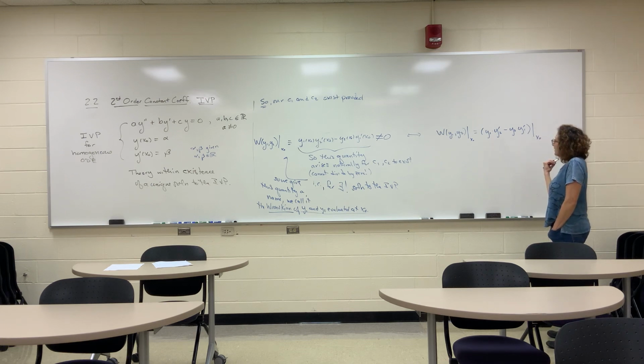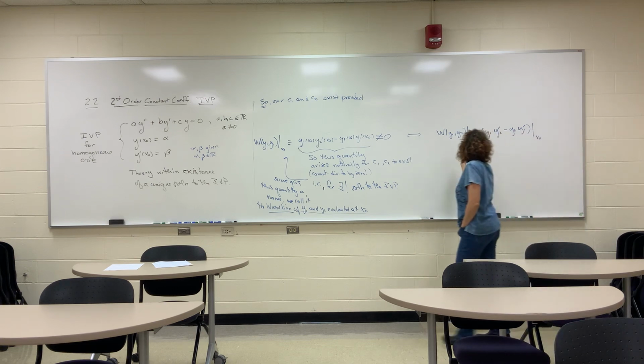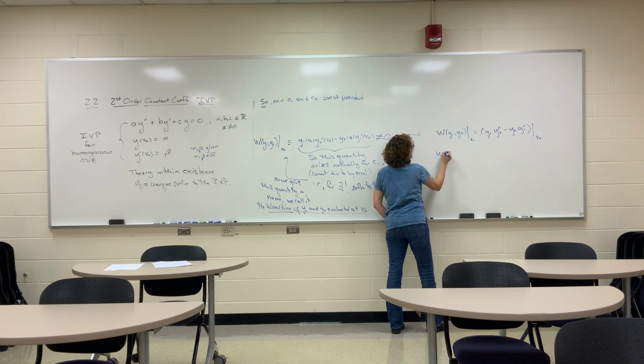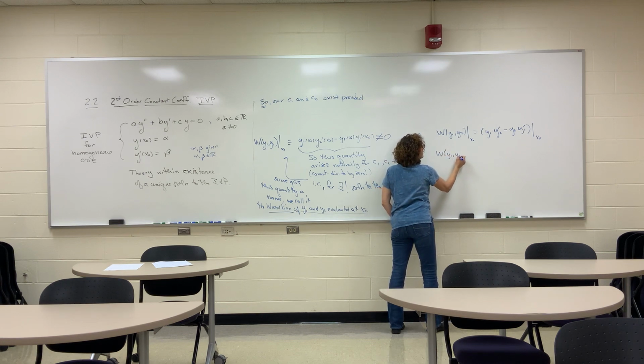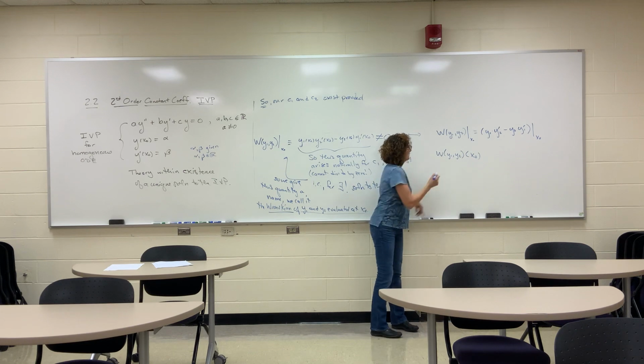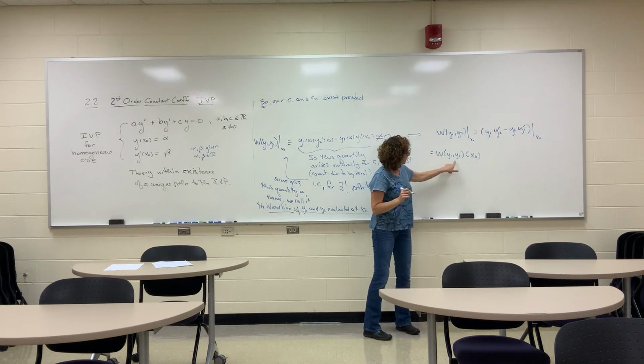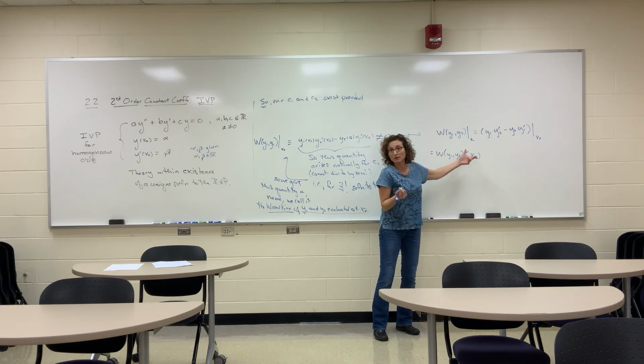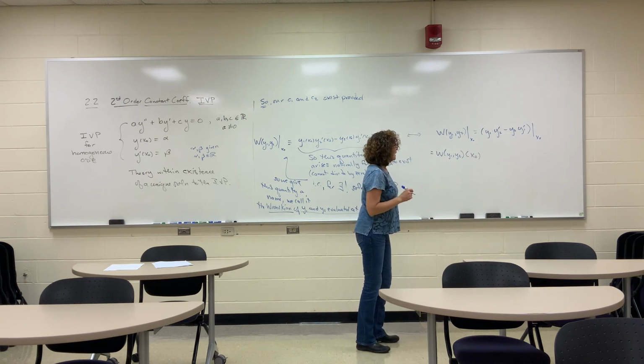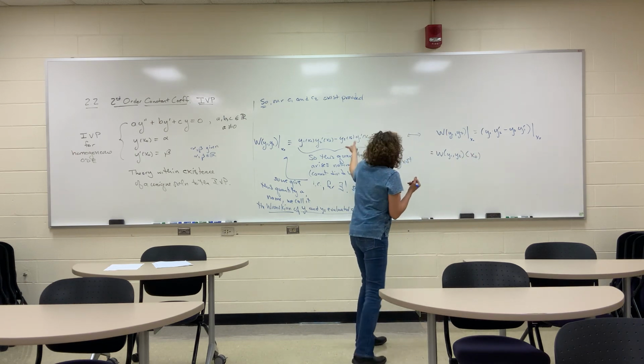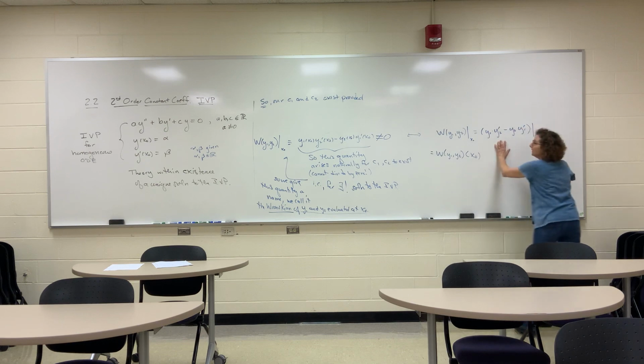You'll even see this written like a function, the Wronskian of y1 and y2 evaluated at x naught. Okay? So this might be simpler,